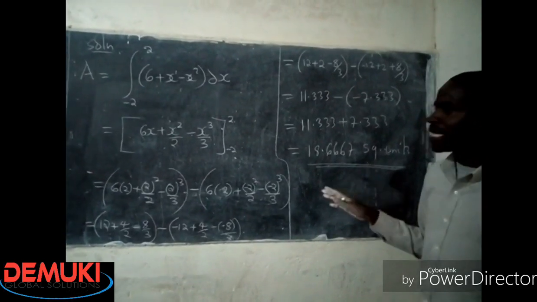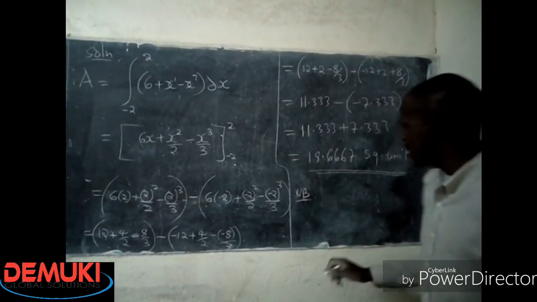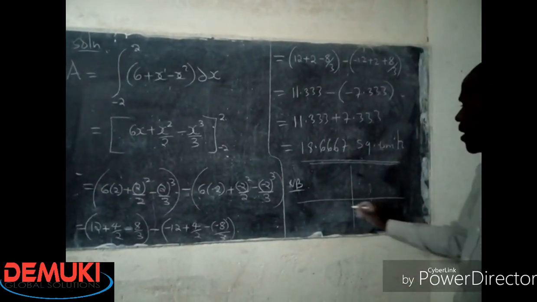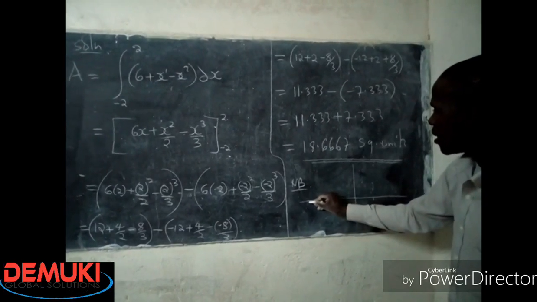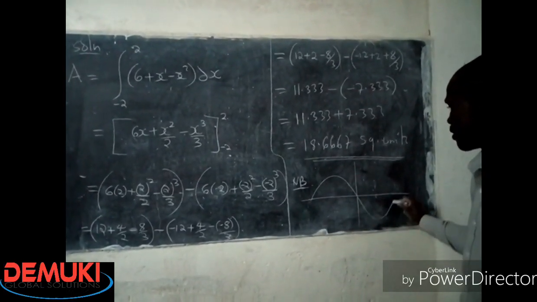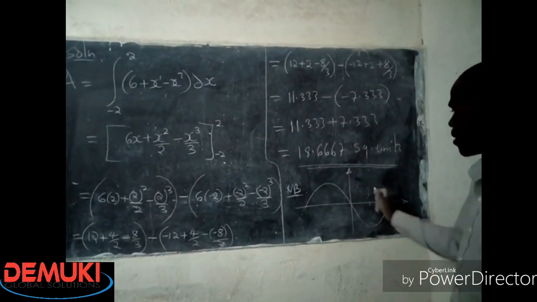Now as we progress, you shall notice that you can be given an area whereby your curve goes up, then goes down, then goes up again. So possibly now you are required to